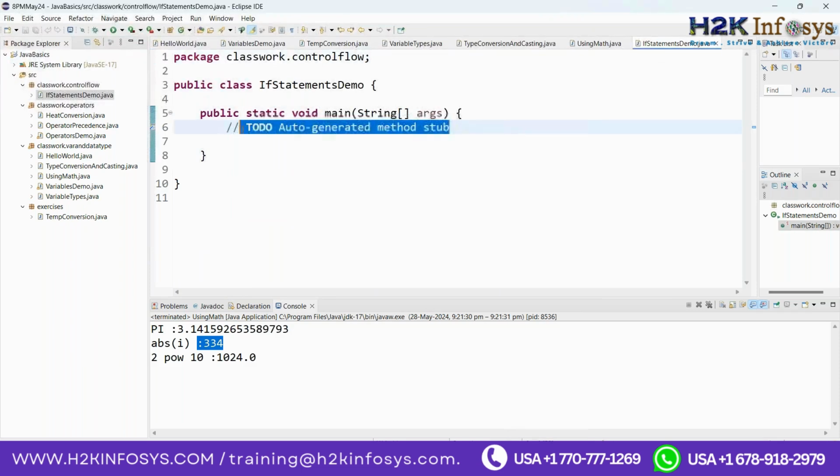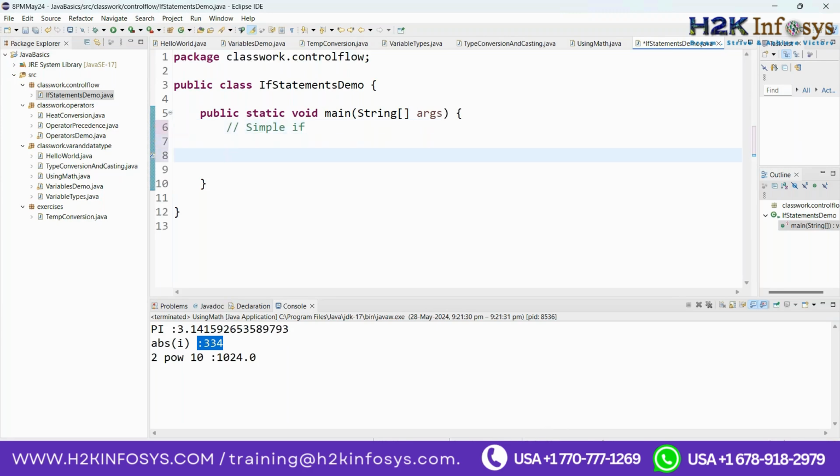First one is simple if. Okay, now this needs a conditional statement. First, let me take a variable, for example, int a equal to 34. Now I want to check whether a is greater than 0. That means whether a is a positive number or not. So how does this if condition work? This is the syntax. If